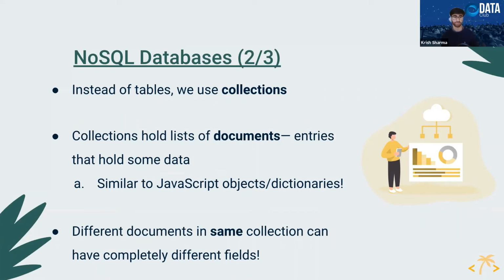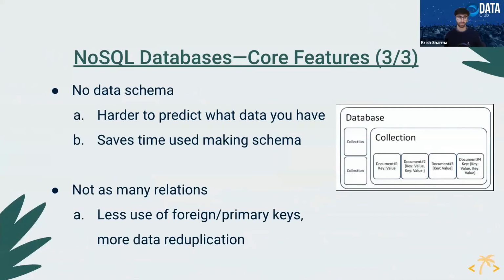So different documents in the same collection can now have completely different fields, right? So we no longer have this idea of a schema. And when we don't have a data schema, it's harder to predict what type of data you actually have. But what you are able to do is reduce the amount of time that you spend designing this schema. So you don't have to have this very hard set architecture for how you want to organize and define your data in terms of how you're storing it. And instead of having those schemas, you also have a reduction in the number of relations. And so there's less use of foreign and primary keys, and you're just reduplicating data in multiple